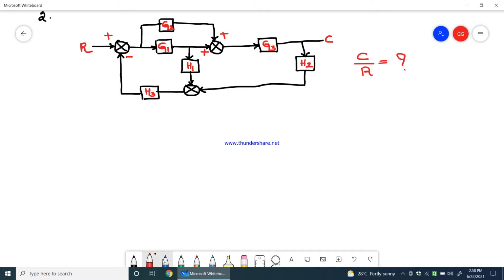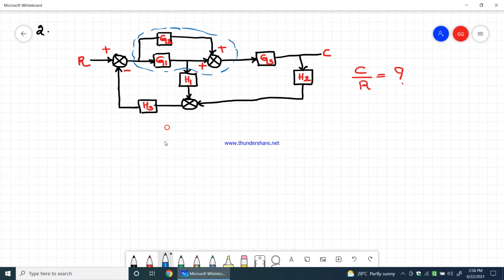Now you need to look into the block diagram carefully, and you should think what technique I should apply so that the block diagram becomes much simpler to find out what is C by R. Now if you look into this part of the block diagram, okay,